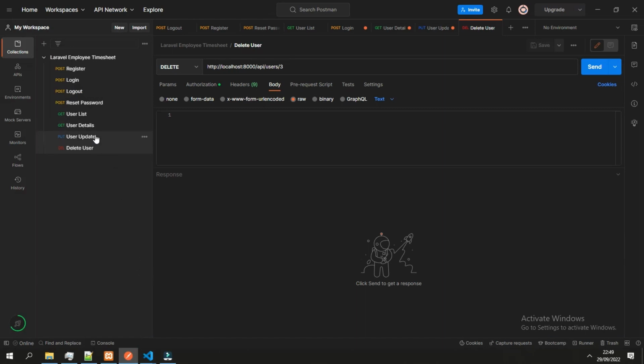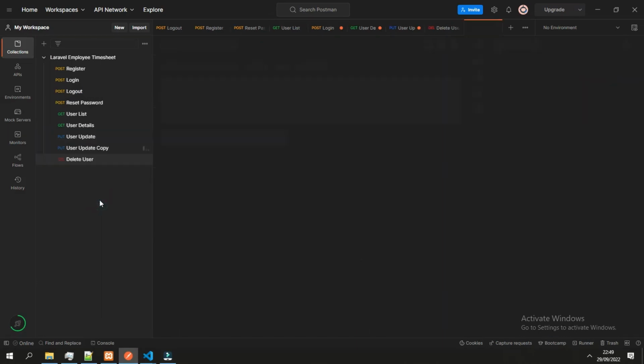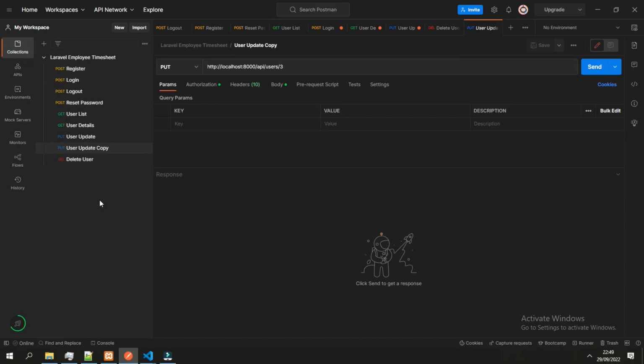We can copy the request from here. So the name would be clock-in, and it is a post request, and the URL is attendance/clock-in.